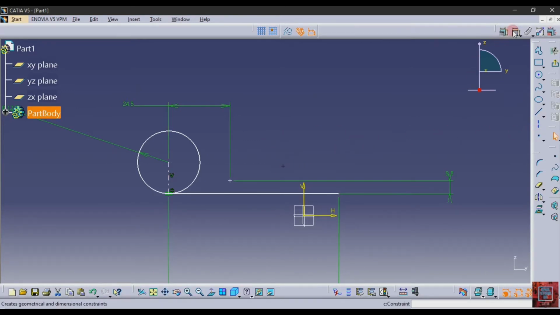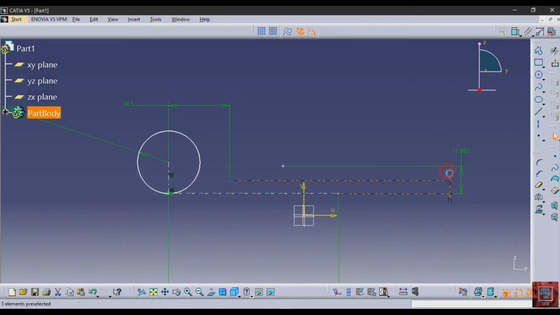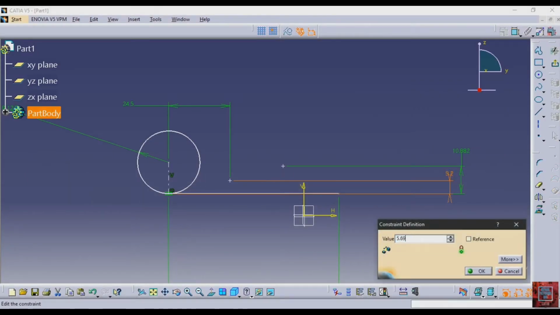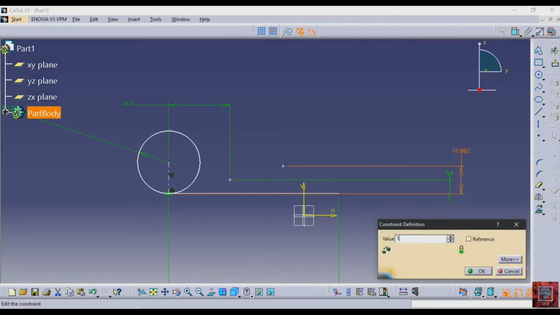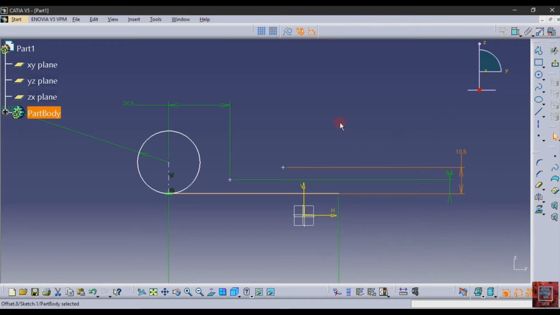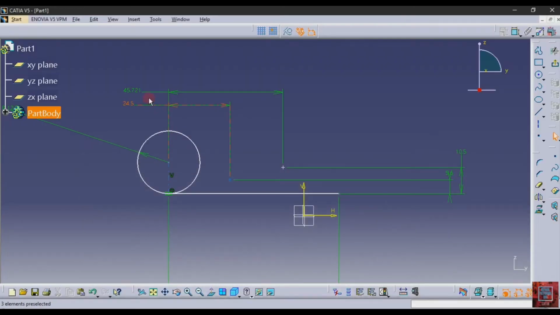make a point, and then give the distance between both of these as 10.5, and this is 5.6, not 5.2, and this is 10.5, and after that the distance of this point to this point is, let's see what is the distance, 36.3,